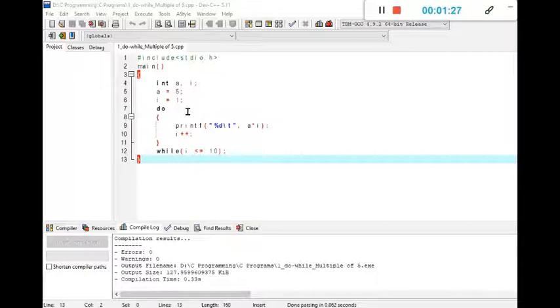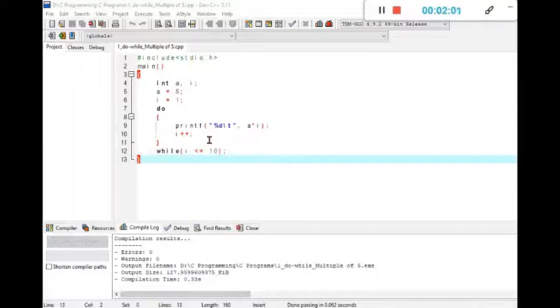Now how do we start the do-while loop? After initialization of the variables, we will write do. If we have only a single statement, then we may not write the curly brackets where the statements to be executed for the do-while loop are written. But if we have more than one statement, then those statements are enclosed within curly brackets, with the starting curly bracket and the end curly bracket. So the executable statement is